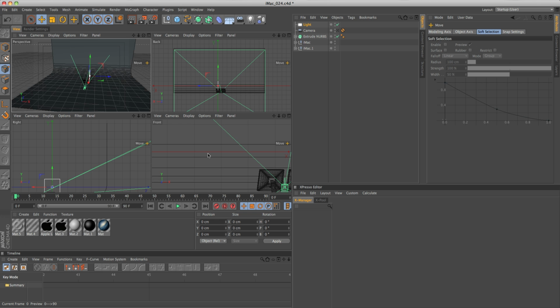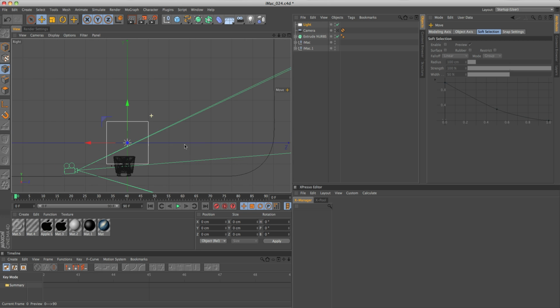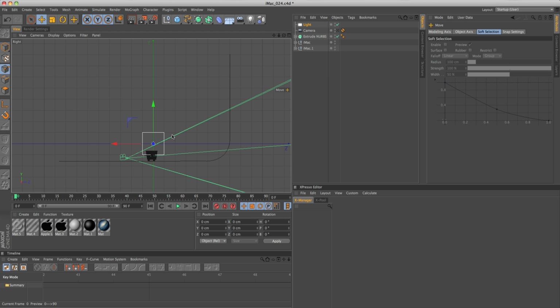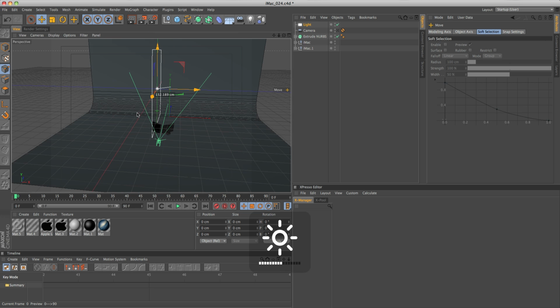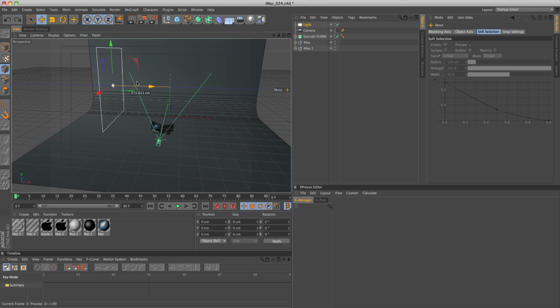And I think for this one we're going to come into the right perspective and we're going to want to scale this light up. So if we hit T on the keyboard, we're going to want to scale this light so it's pretty big and have that around somewhere there, and then move it over,